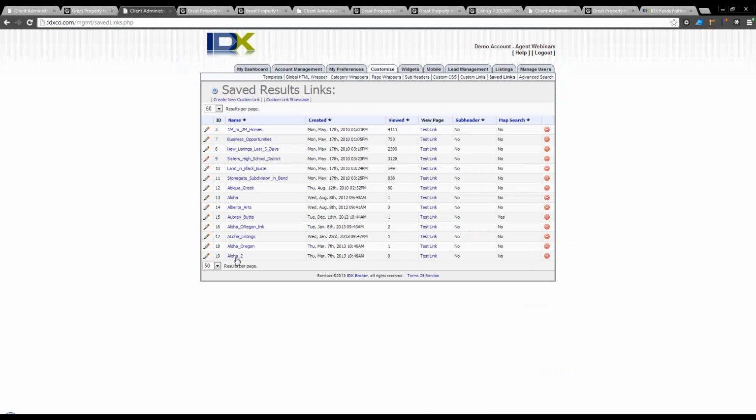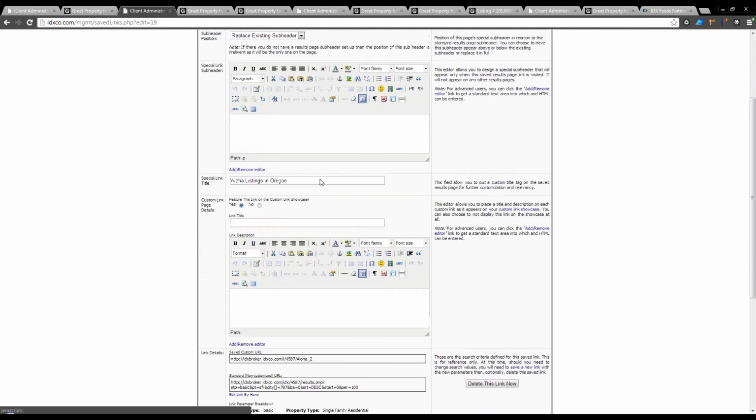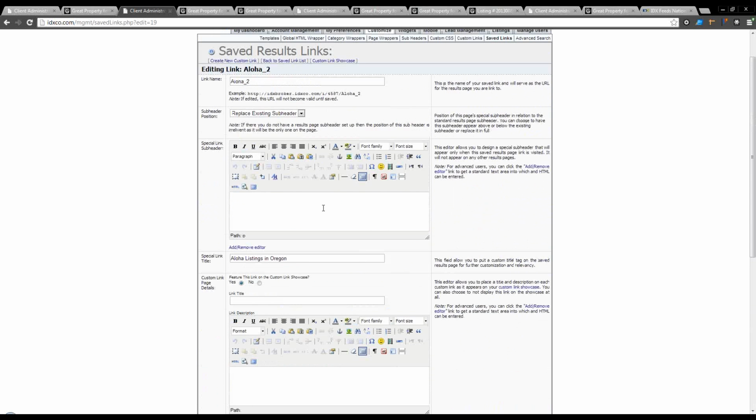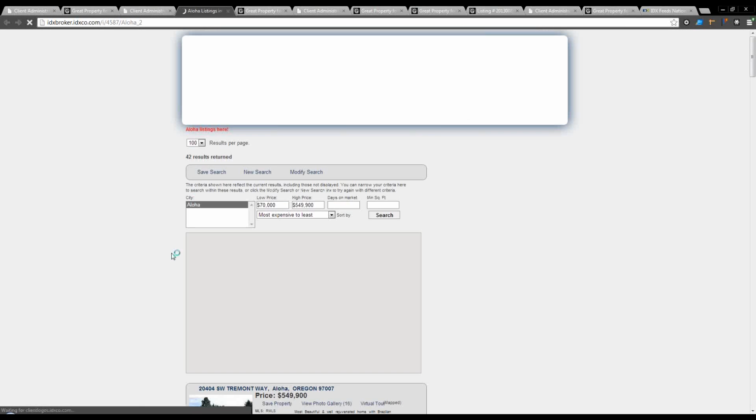Now the other thing I can do with this page is I can come in here and I can say, okay, I want to change the title. Aloha, if I can type, Aloha listings in Oregon. And then up here in the subheader, I can type, let's see, what do we have? Custom link subheader. So I'll type here, and then I can change, I'll change bold and maybe red text. So we can see what it looks like. Save it. And then I come back to my link, I hit refresh, and I should have a subheader here